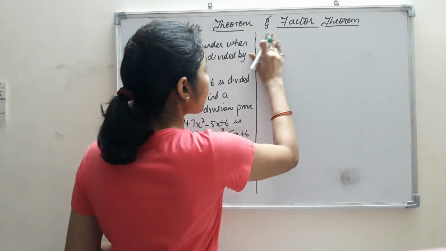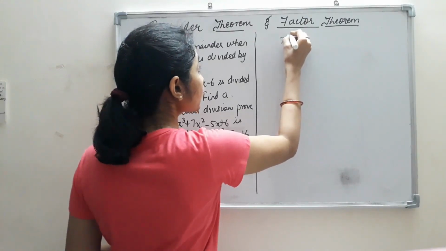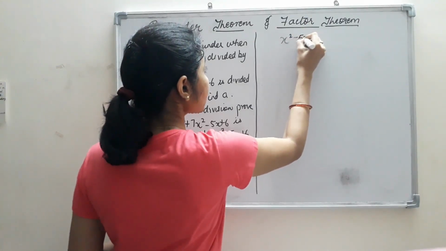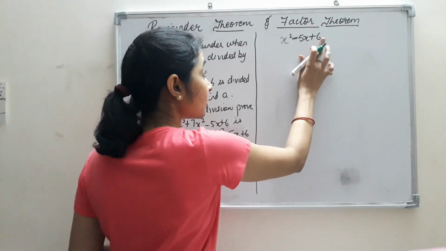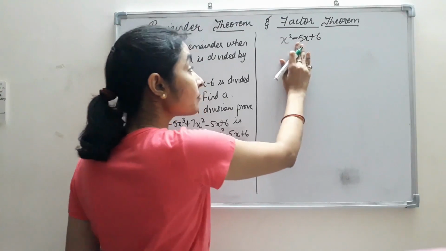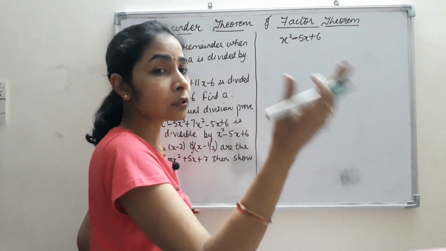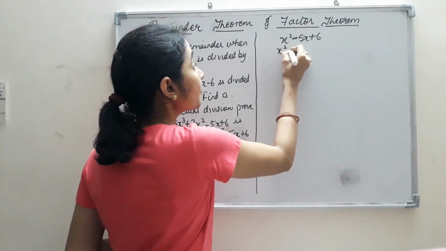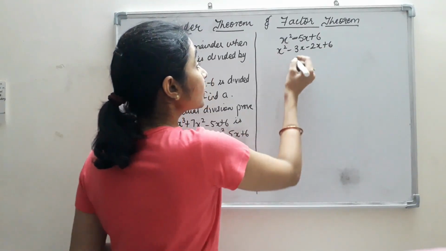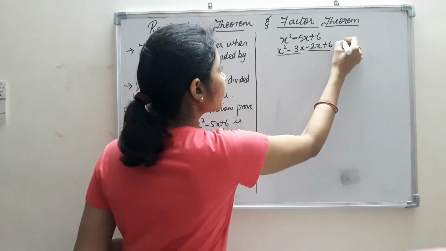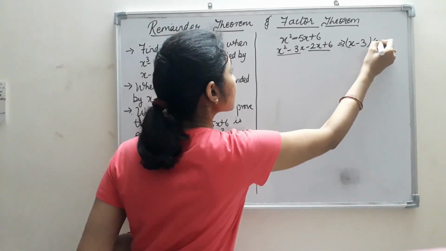So first we take the polynomial starting with x square minus 5x plus 6. Now if we factorize this polynomial, then we are supposed to find the factors of 6 which give the sum or difference as equal to 5. So here what are those two numbers? 3 2s are 6. So x square minus 3x minus 2x plus 6. Okay, so here I just group it and you already know the method here. So we get the two factors as x minus 3 and x minus 2.